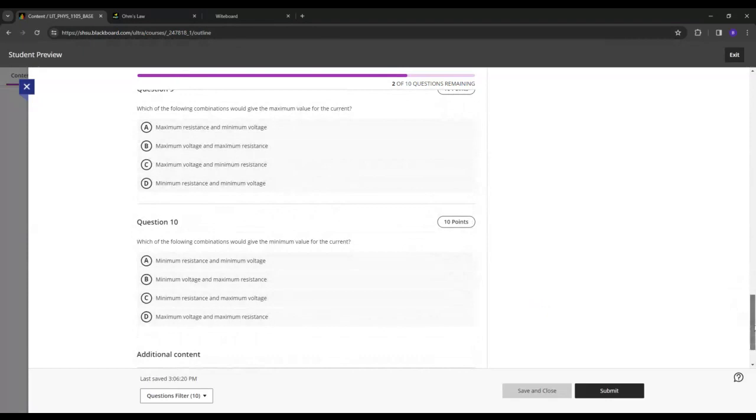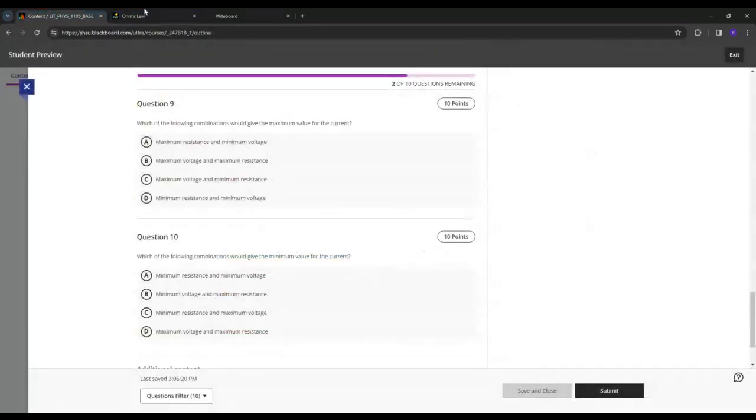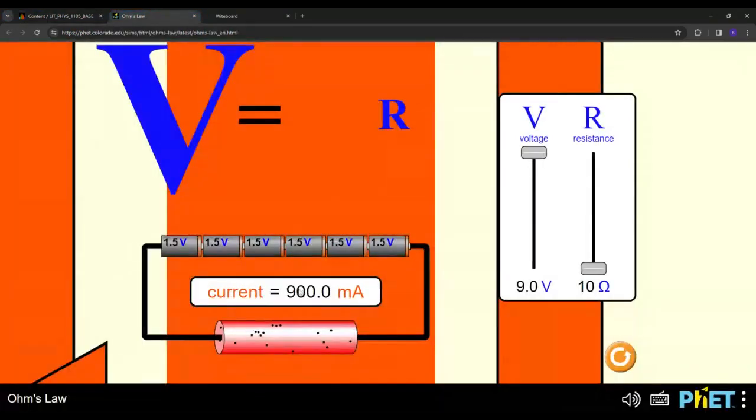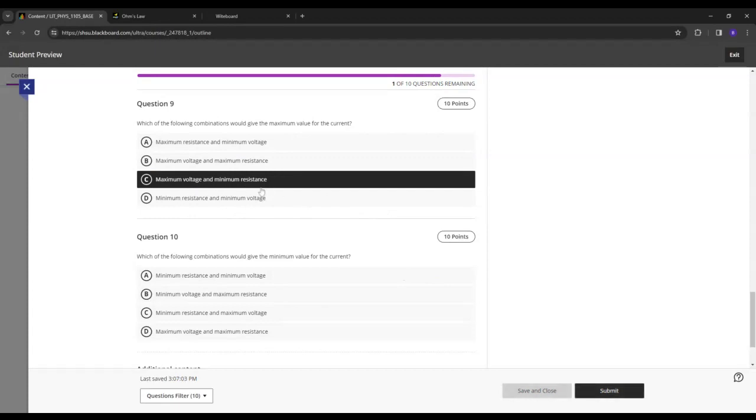All right, and then last two, and they kind of go with each other. And actually, we just did one of these. One of them's asking, what gives the maximum value for current? Well, we know the maximum value of current in this setup is 900 milliamps. So let's see, what do we do to get there, right? Voltage is capped. R is sank all the way down to the bottom. So let's see if one of our answer choices says that. This is maximum voltage, but then it also says maximum resistance. So be careful with this. Well, maximum voltage and minimum resistance. So essentially, you want the highest ability to push around electrons and the least resistance working against you when you're